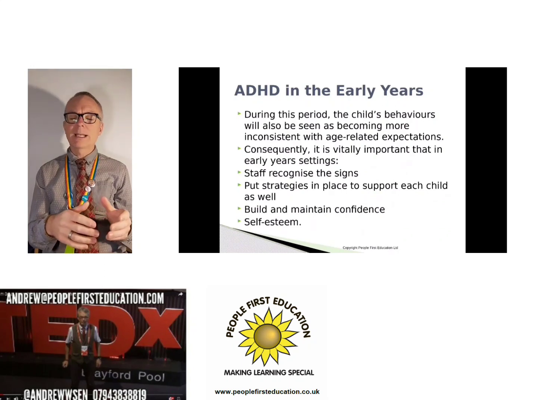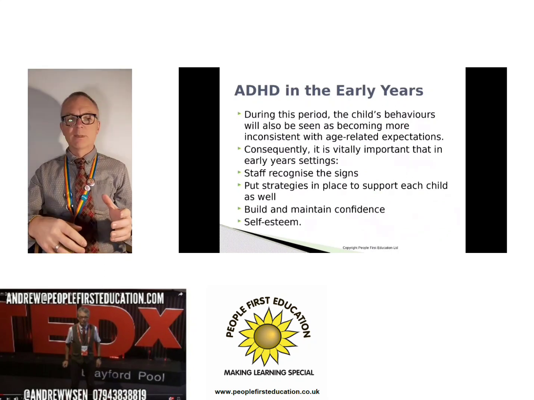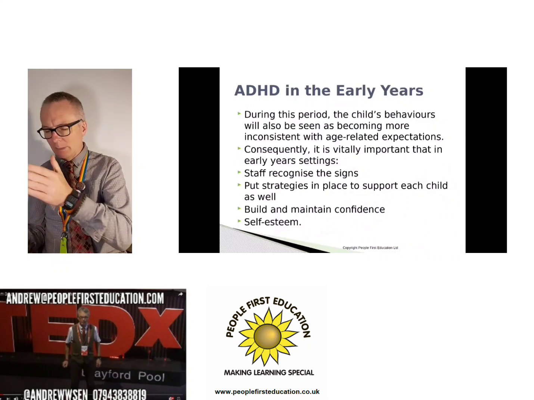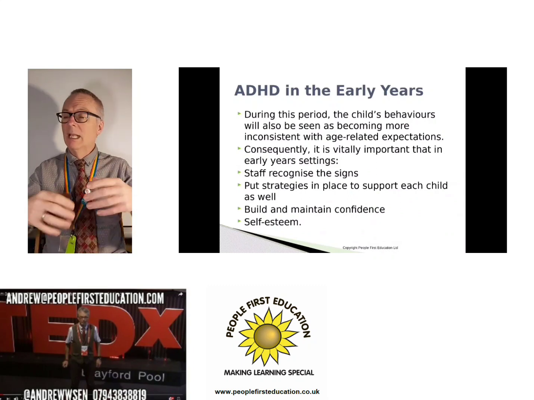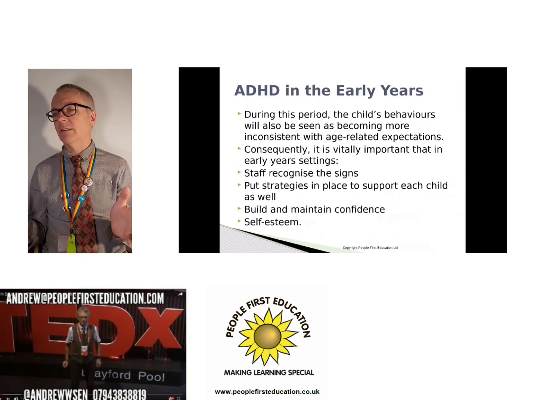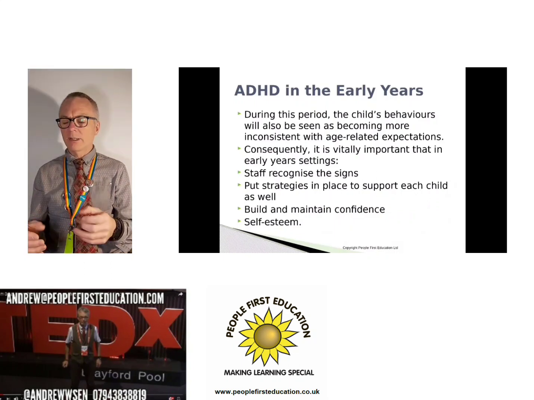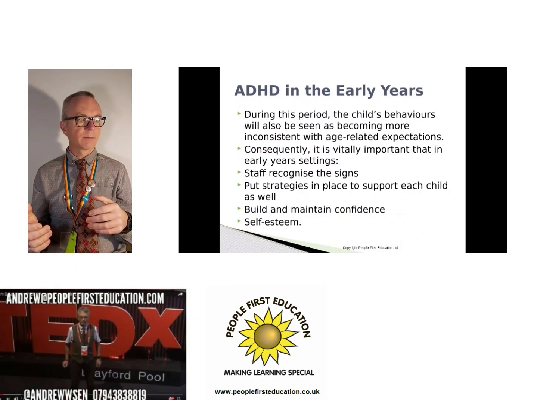These are noticeable gaps, but they're not as noticeable as, say, at the age of 18, when they show the behaviours of a 12-year-old, or even at 12, the behaviours of an 8-year-old. As you can see, as that gap widens, it becomes far easier to recognise this, and therefore far easier to seek a diagnosis.